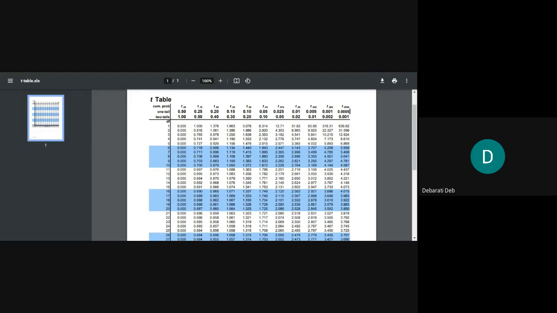Okay, so now let us move on to our problem. It says, from the tables of t distribution, after writing degrees of freedom, you have to write this line. From the tables of t distribution, we find that for 19 degrees of freedom, the percentage points of t are respectively. Then write this line, okay?